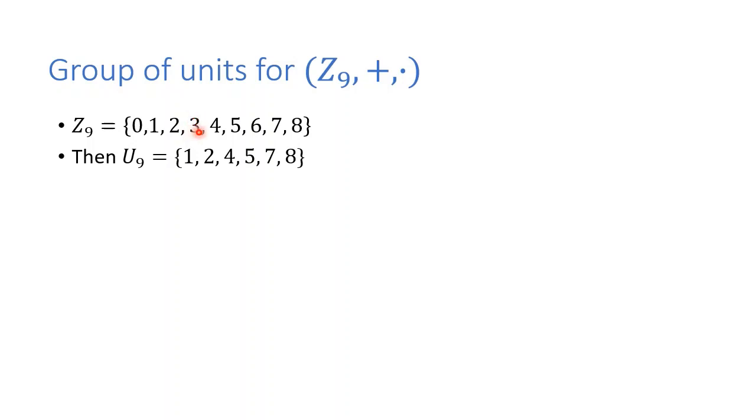Only those numbers which are relatively prime to 9 are collected in this set U9. Similarly, for 6 and 9, the greatest common divisor is 3, so you leave it. You take 7; 7 is prime, so of course relatively prime to 9. Therefore you have collected 7. And for 8 and 9, the greatest common divisor is 1, so you are including 8 here. So U9 consists of 6 elements.